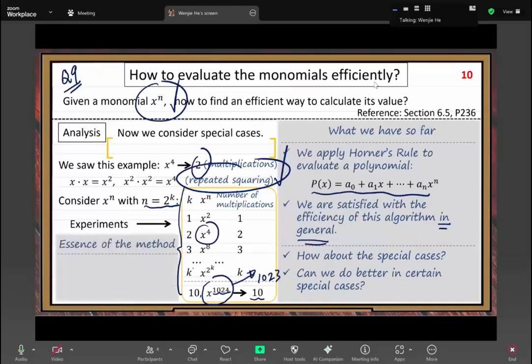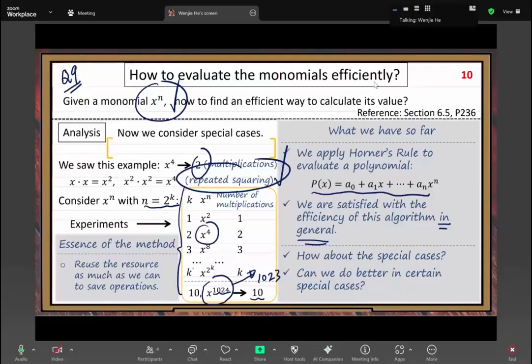Essence of the method. Why can this method improve efficiency so much? The essence of this method is to reuse the resource as much as we can to save operations. How do we understand the resource here? The intermediate calculation results. We treat the intermediate calculation results as the resource. For example,